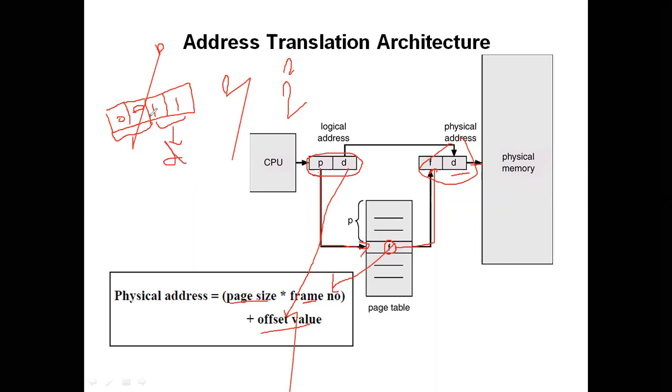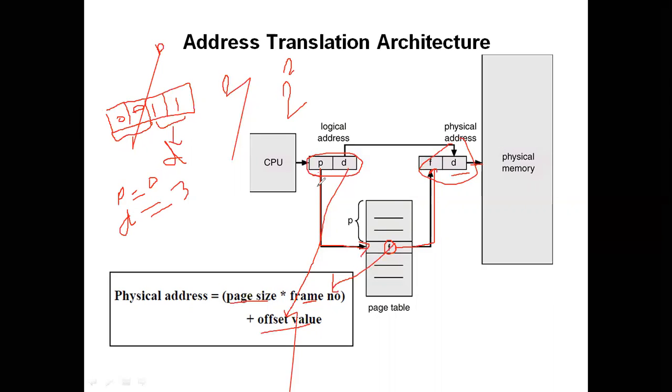Now what is this? This is logical address 3. If you decide on a page size of 4 bytes, the logical address 3 will be divided into two components: page number 0 and offset number 3. That is what happens, page number 0 and offset number 3.